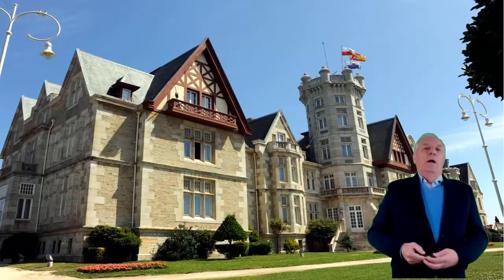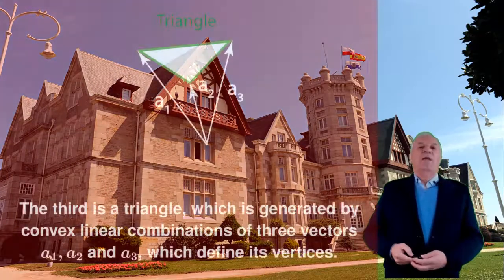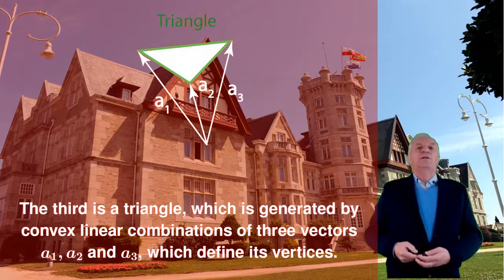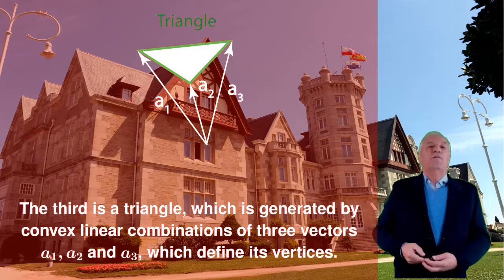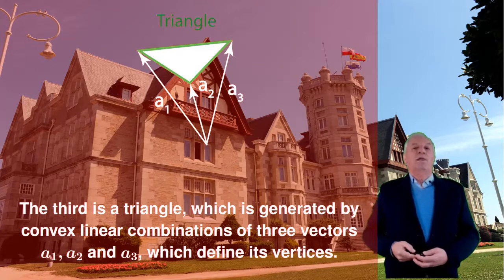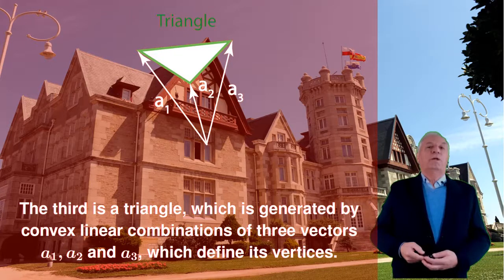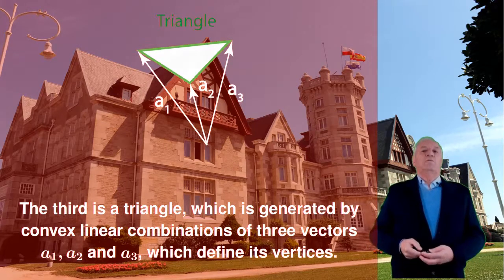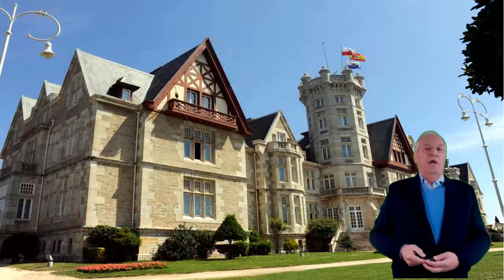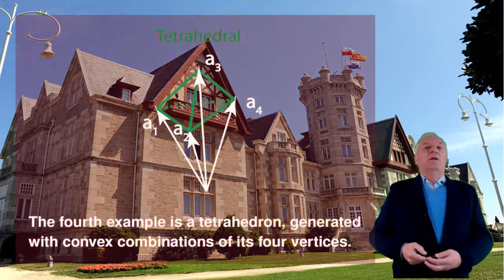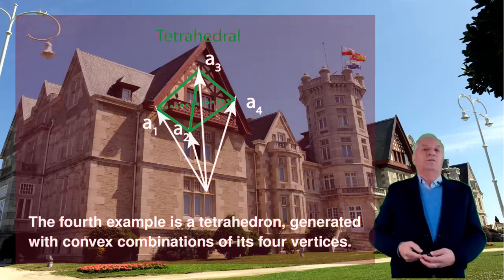The third example is the case of a triangle. Since the triangle has 3 vertices, it is generated by the 3 vectors that you have there, pointing to the 3 vertices. Then, combining with linear convex combination those 3 vectors with coefficients adding to 1, we get all possible vectors with associated points inside the triangle. Similarly, we have the tetrahedron, which can be obtained with linear convex combinations of its 4 vertices.